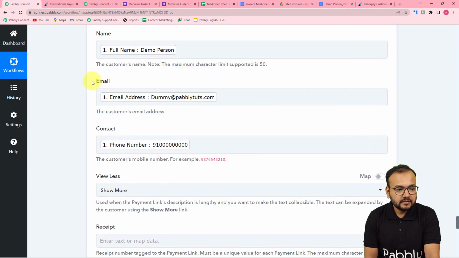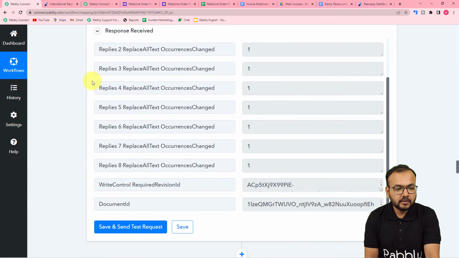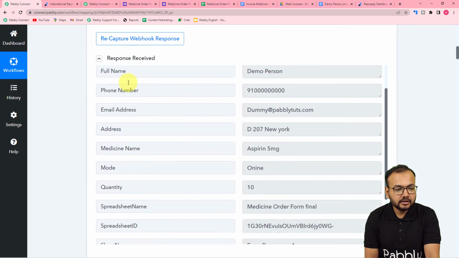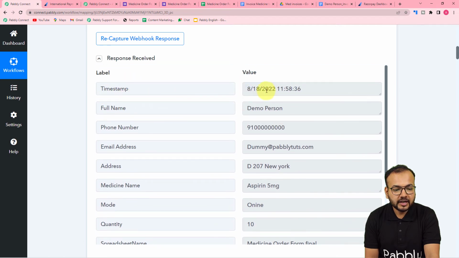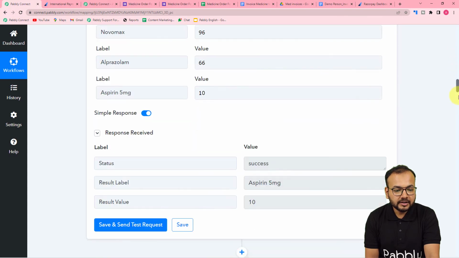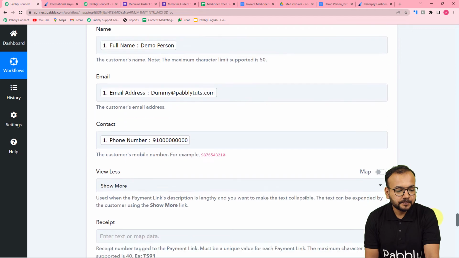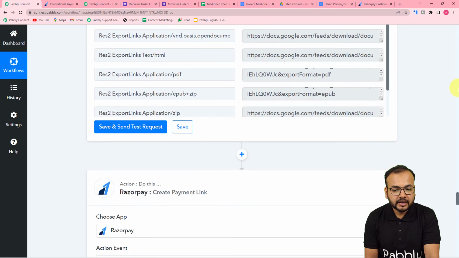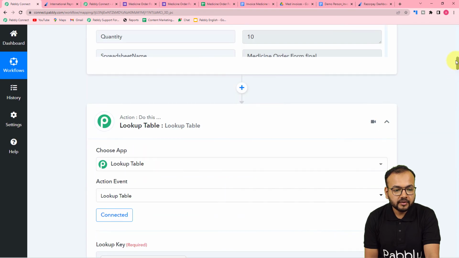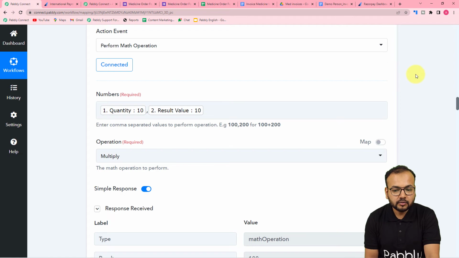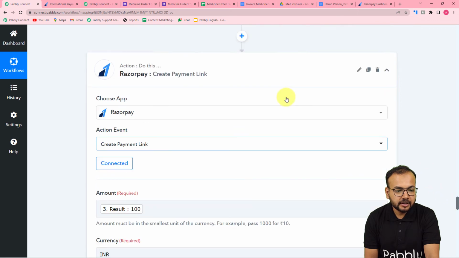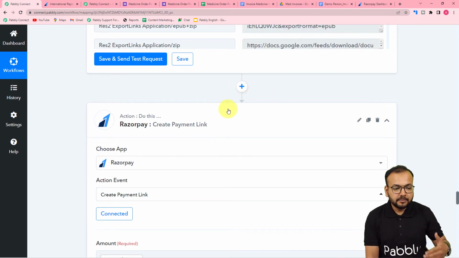So guys, you can see we have received this data from our form, from the trigger. And in the data from the trigger, you can see we have this timestamp in which we have the time and the date in the value field. Okay, but guys, we want the timestamp in Unix format here. Okay, in Unix format. So to convert this time and date in Unix format, what we are going to do, we are just going to add some action steps